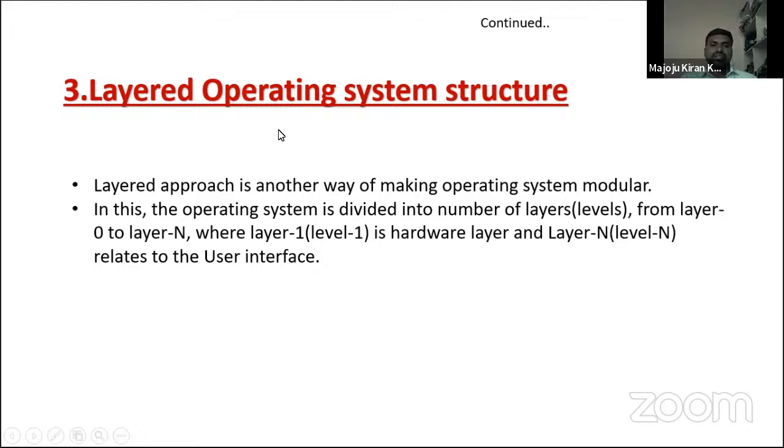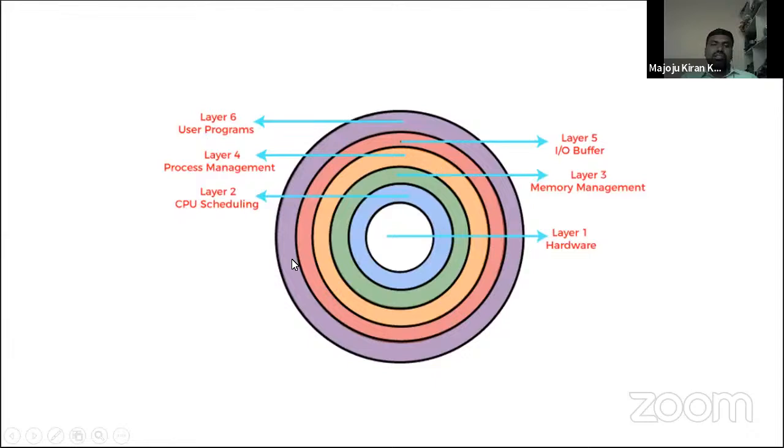In this type of structure of operating system, the operating system is modularized by dividing it into a number of layers from level 1 to level n. That means the operating system is divided into a number of layers, where each layer is responsible for providing one specific task, one specific function. Just look at this, how the layered operating system is divided into a number of layers. At the lowest level, layer 1 is responsible for providing the hardware